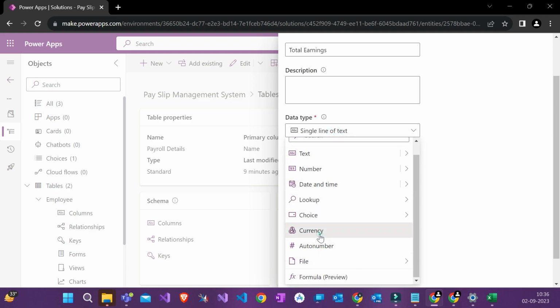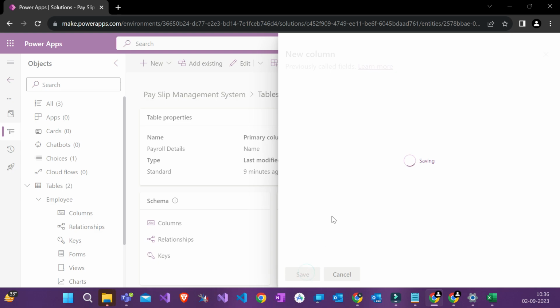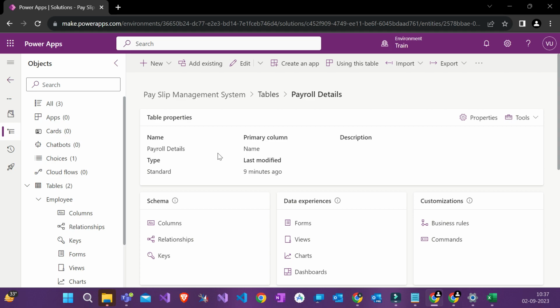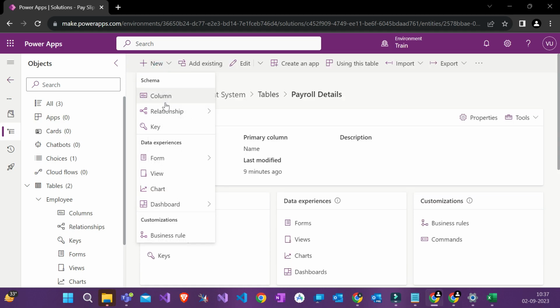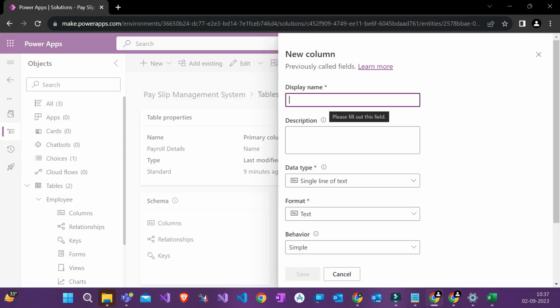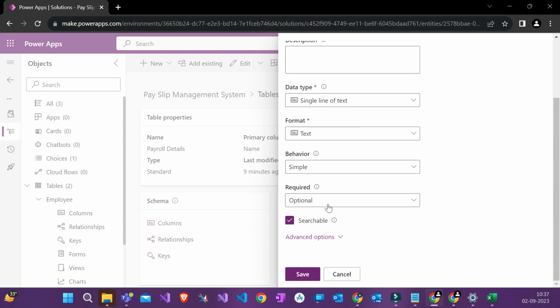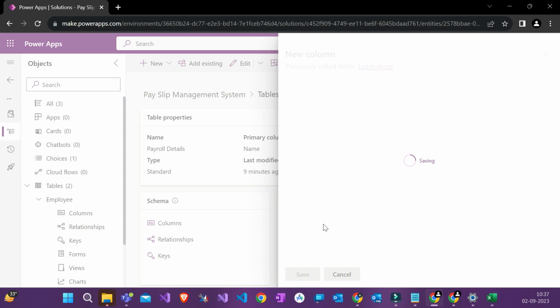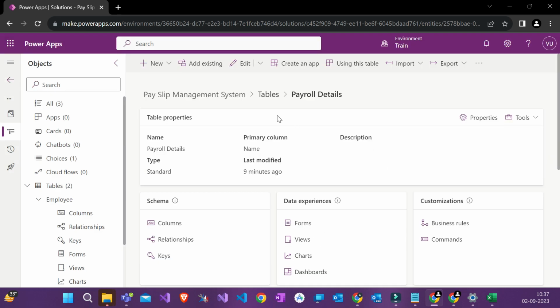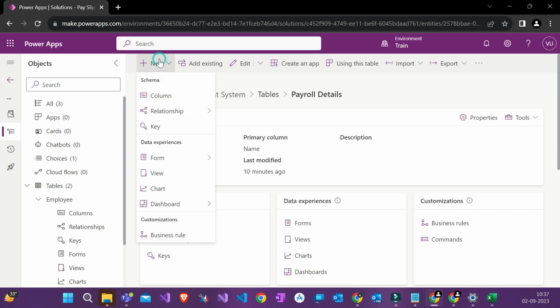Okay, again मैं करेंसी बना रहा हूँ, बेसिक चीज़ बना रहा हूँ. Then I'll give you this screenshot, or maybe I'll give you a note directly, and then you will create yourself. Only this table I'll create. Now, display name of bank details. Let's do bank details. IFSC code होना चाहिए, right? IFSC code will be of single line of text, that is fine. Save it. Now account number will also be there.